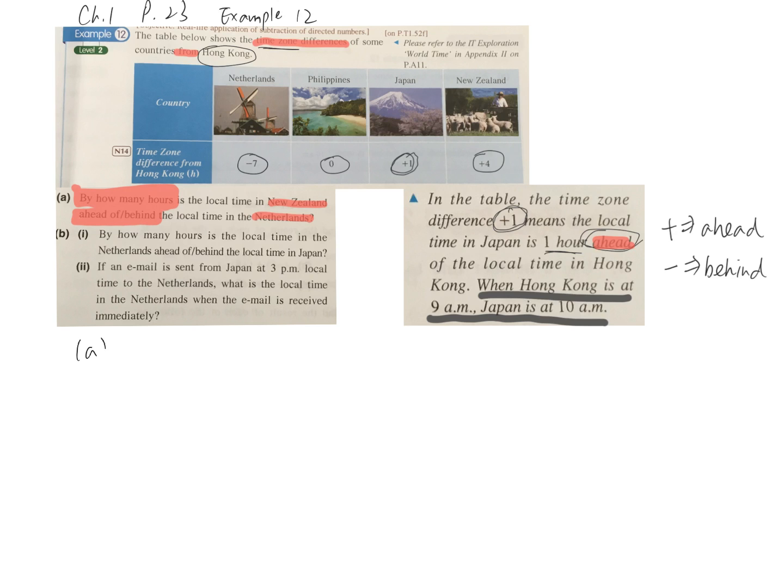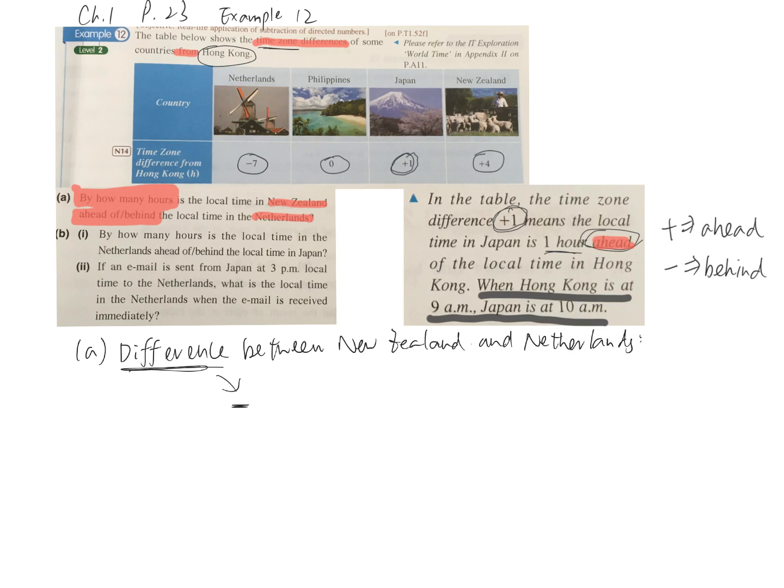Now let's go through this way. Part A. If we are going to find by how many hours they are having difference, so we are actually finding the difference between the two places. They are New Zealand and Netherlands. So I will jot down a header like this before I start working. Now we are finding difference. That means we are doing a subtraction, and we are finding the difference between New Zealand